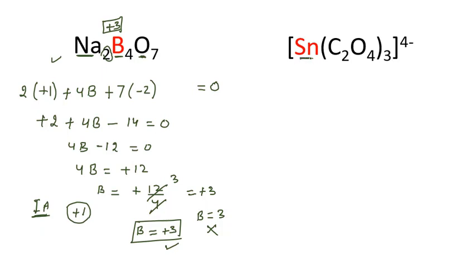In this case you can see for tin we have to calculate the oxidation number. But this is not a neutral compound, it is a polyatomic ion because it has a negative charge. This is the oxalate ion. If I talk about its structure, COO and then O minus. This oxygen has one negative charge. Then COO again, with a negative charge. You can see there are two charges. Each oxygen has one negative charge. Then the overall charge of this oxalate ion is -2.